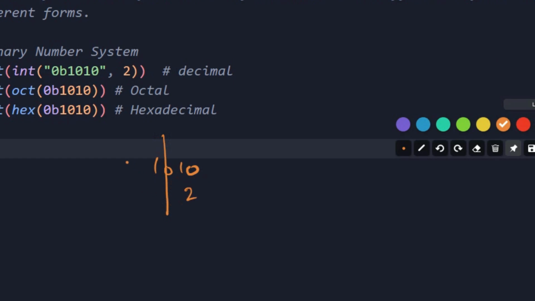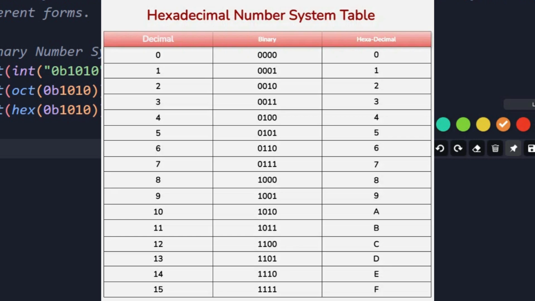010 means 2, and you need to add 2 zeros over here to complete the octal number over here, and this one represents 1. You need to know the table for octal, for hexadecimal, only then you can do it. Okay, similarly for hexadecimal 1010, you need to break it in groups of 4, and for hexadecimal this one represents A. Like if you remember, if you have done computer science, then I think they have said this, that 1010